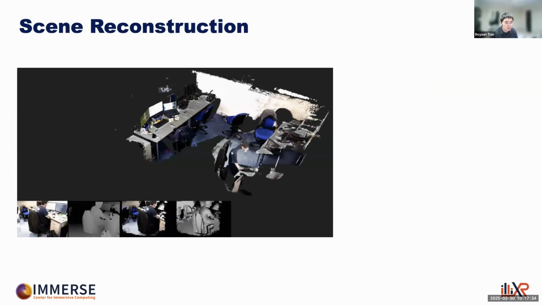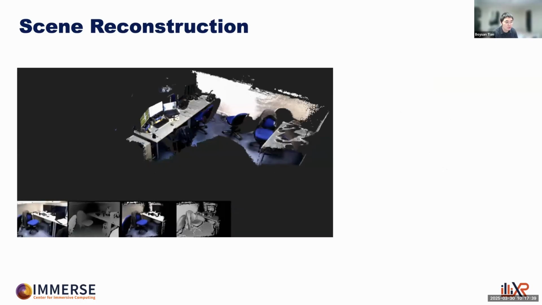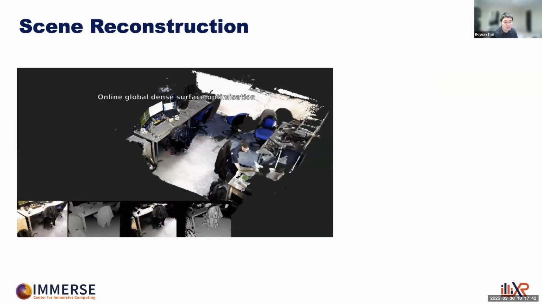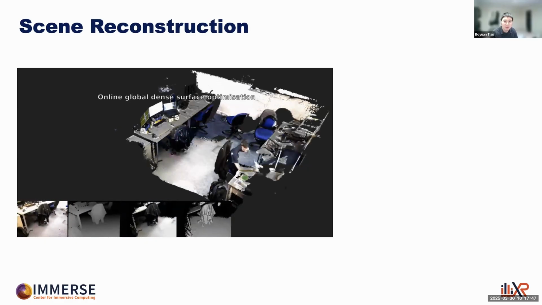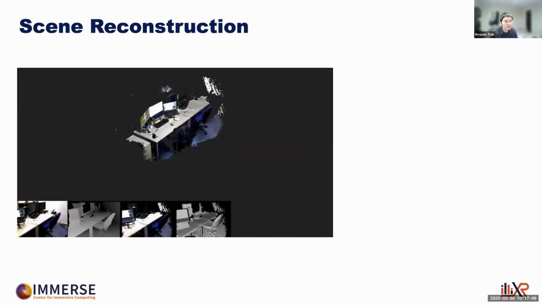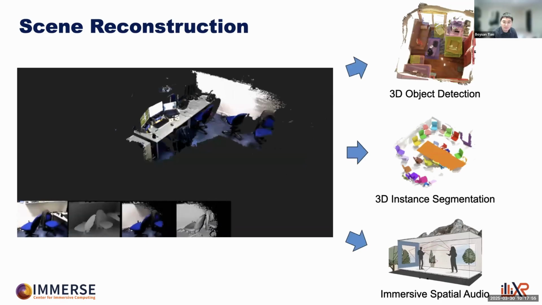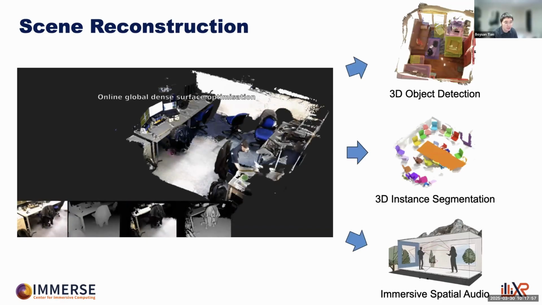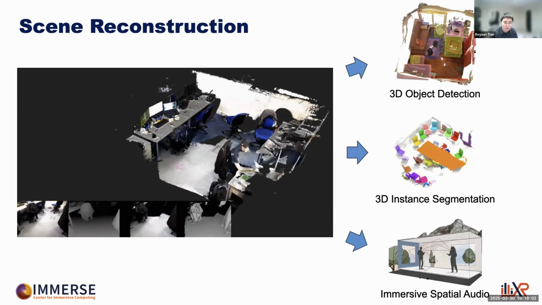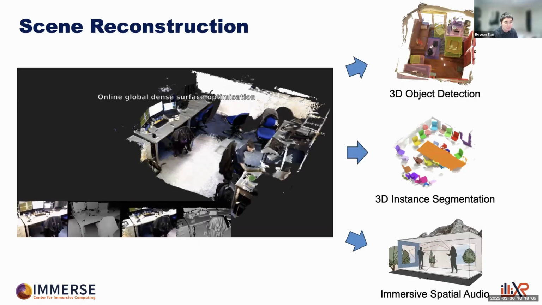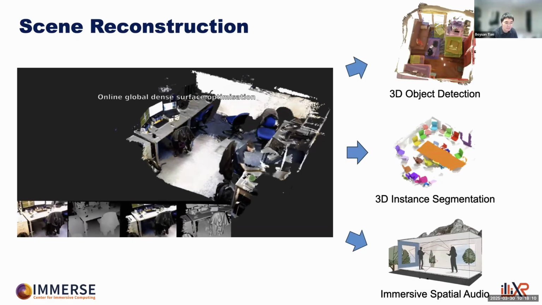To better understand what I'm saying, here I have a video clip showing how scene reconstruction translates the physical world into virtual space, using camera inputs and their estimated poses. This input incrementally builds a globally consistent 3D model, which forms the foundation for advanced XR features. For instance, scene understanding, achieved through 3D object detection and instance segmentation, identifies objects for editing or interaction, while realistic spatial audio simulates sound reflections in the virtual space to create an immersive acoustic experience.